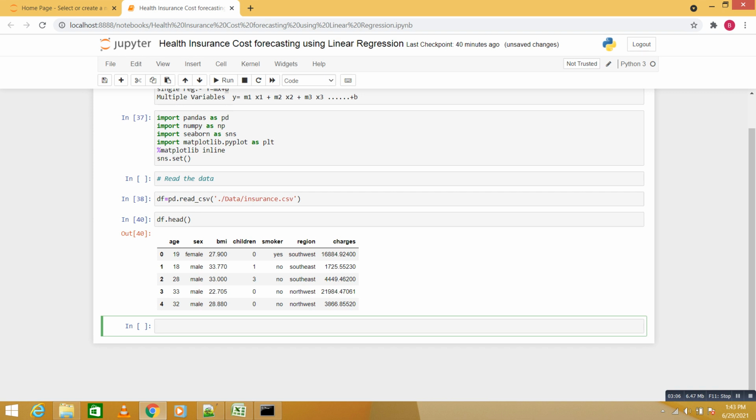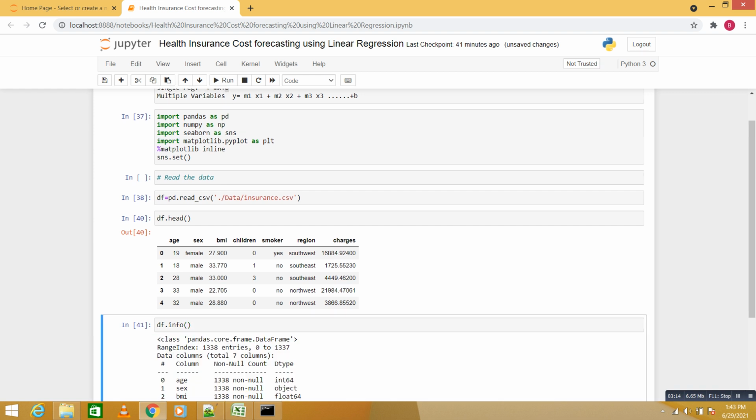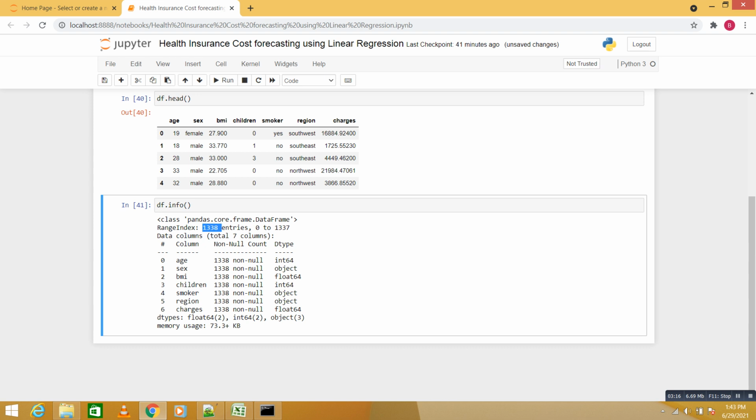Now let's see how many records there are and what type they are. For that we use df.info. It says there are 1338 entries, the total number of records, and 7 columns: age, sex, BMI, children, smoker, region, and charges.